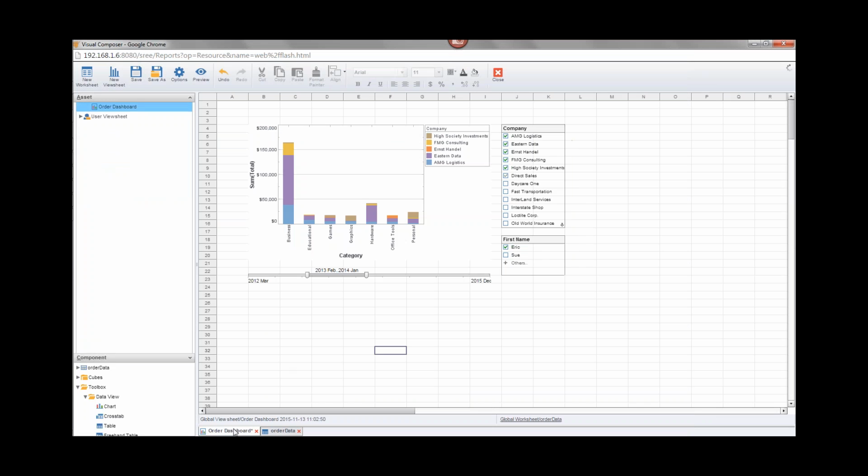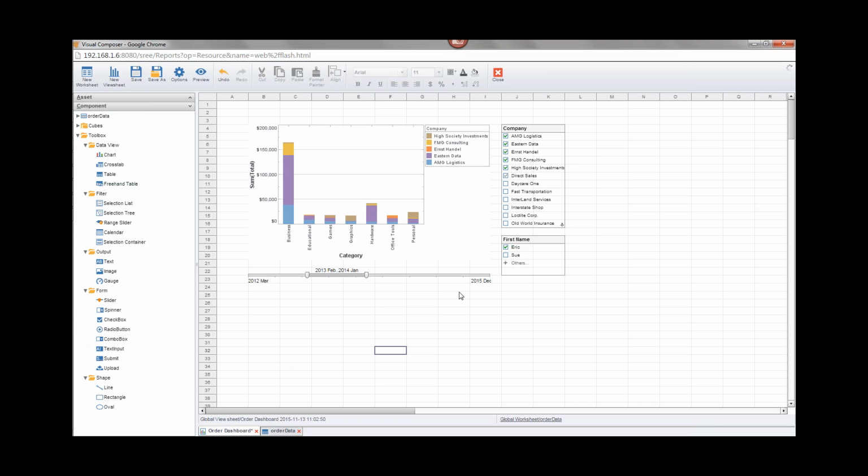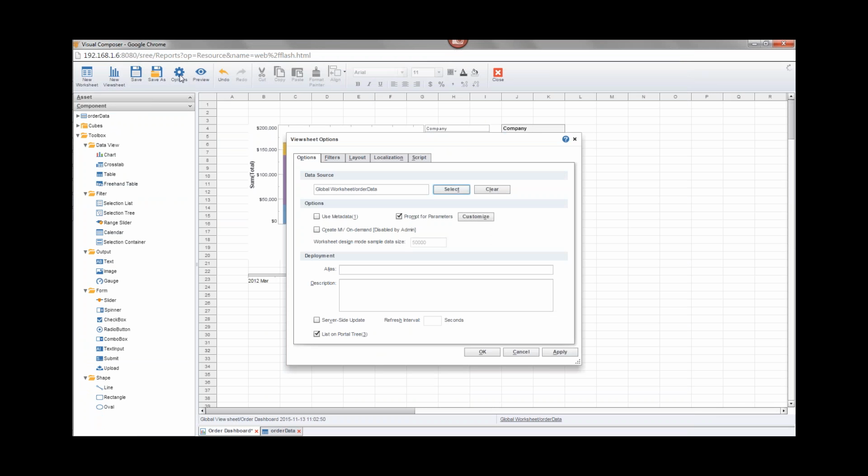So I'm back in Visual Composer, looking at the dashboard. If I go to the Options dialog box, this is just in the regular dashboard design tool, the view sheet options. There's an option here called Create MV on Demand, and you can see it says Disabled by Admin. If I turn that on as the view sheet designer, which is the role I'm in now, it means that if a user accesses this dashboard and for some reason there is no materialized view, and that could be for any reason,